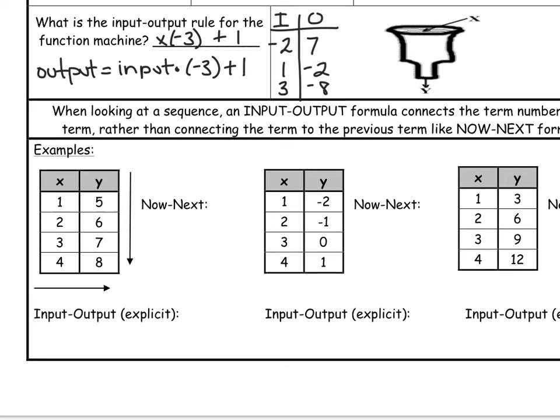So we're going to do a recursive, which is a now-next. This is our recursive that we did yesterday. We're going to write a recursive formula, and we are going to write an explicit formula, which is an input-output. So let's take a look at the recursive first. The recursive just looks at how do I get from one output or one y value to the next. And that's our now-next. So we're starting